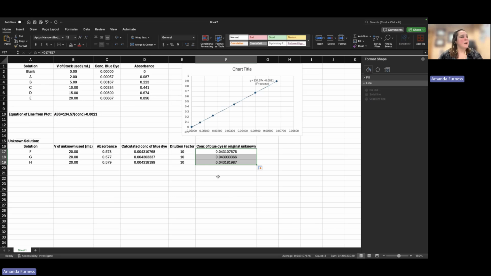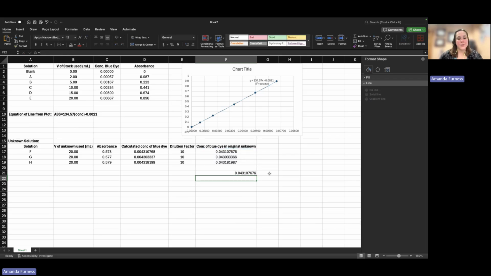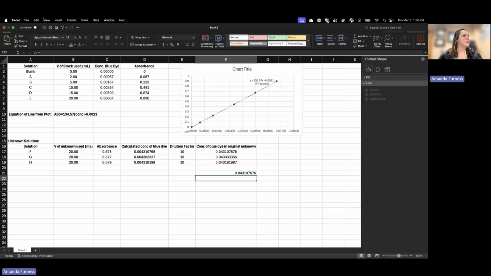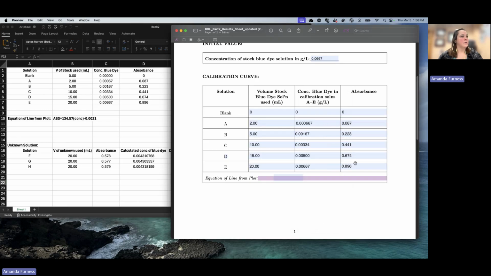All right. We can then calculate the average. So if we say equals and then AVE, start typing in average, and then I can highlight these three numbers here, parentheses, enter. This would be my average concentration of my unknown sample. So let's get out of this. All right, and we can go back to my